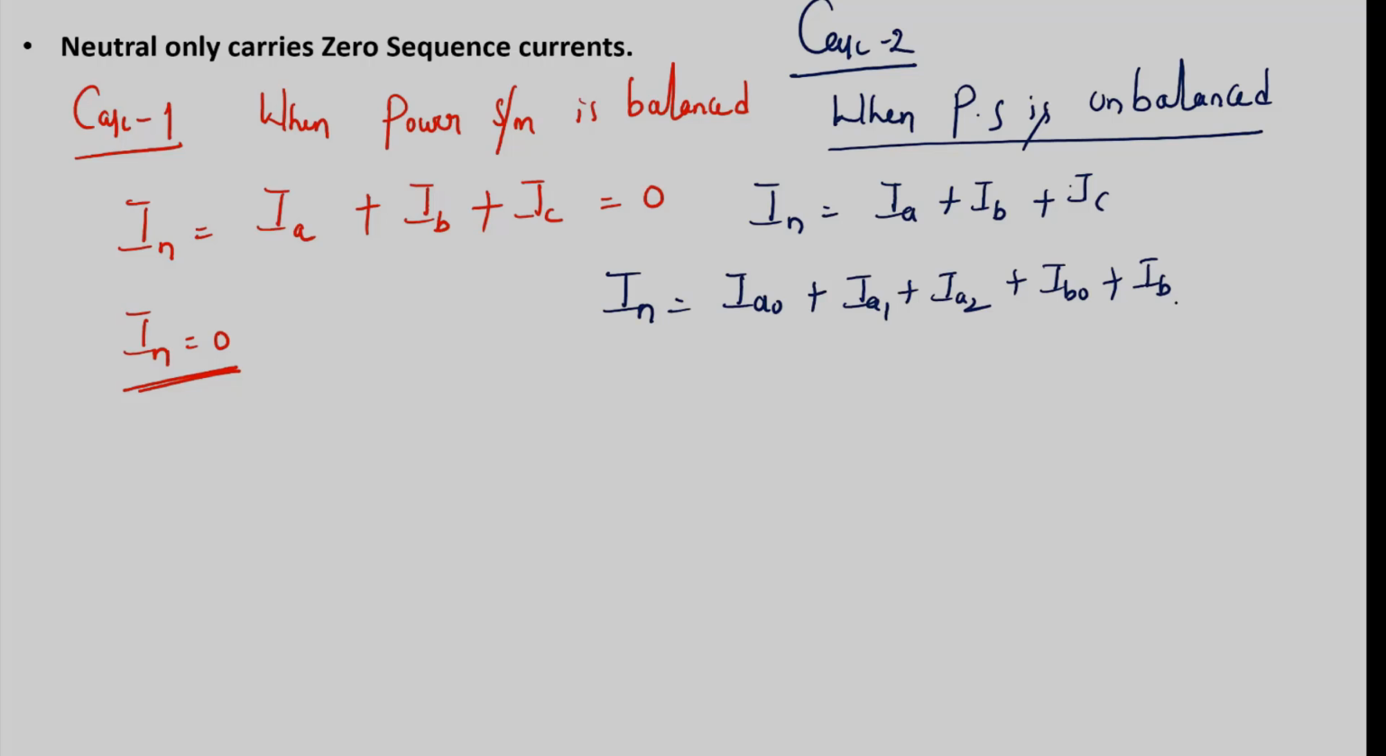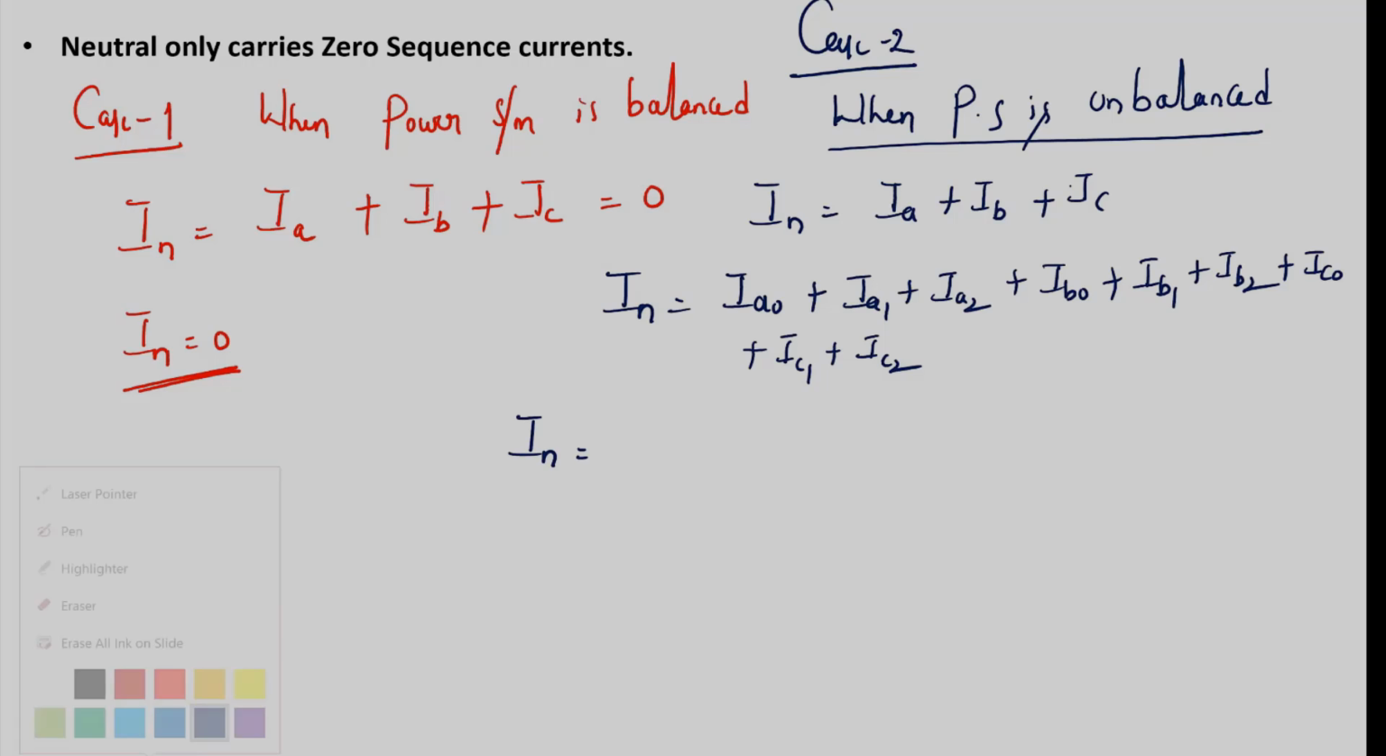So I have to write this as IA0 plus IA1 plus IA2 plus IB0 plus IB1 plus IB2 plus IC0 plus IC1 plus IC2. So I have written IA, IB and IC in terms of their sequence components. Now IN will become, if I take all the zero sequence currents, IA0 is the same as IB0 is the same as IC0, it will become 3 IA0